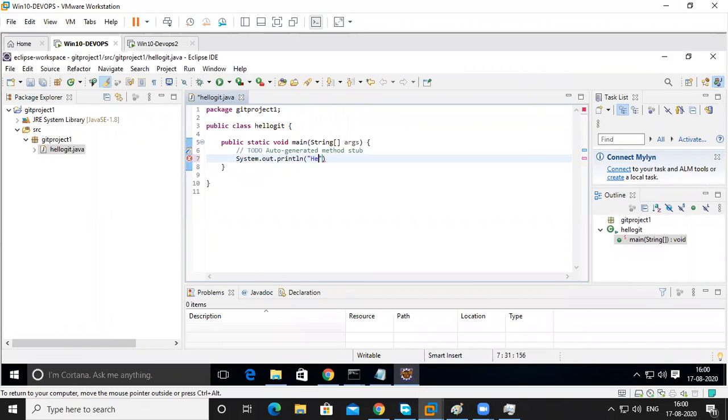I put hello, Git. So that's it. Now understand why I like Python. It's very simple. Why I told how to upload from Eclipse to Git and how to download from Git to Eclipse.